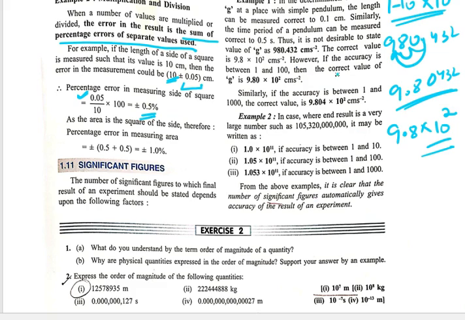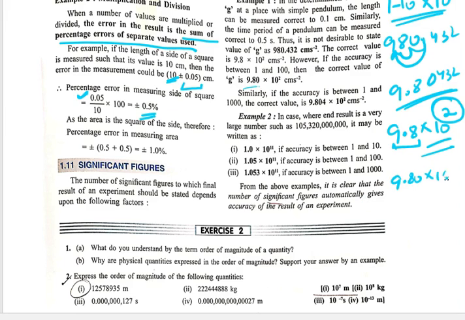Yes, fine. If the accuracy is between 1 and 100, then the correct value of g will be 9.80. So which gives your significant figure? Just the power of 10 will give the number of significance. These two digits are the significant figures, that is 9 and 8. And similarly in this example, 9.80, if we write 9.80 into 10 to the power 2, then the